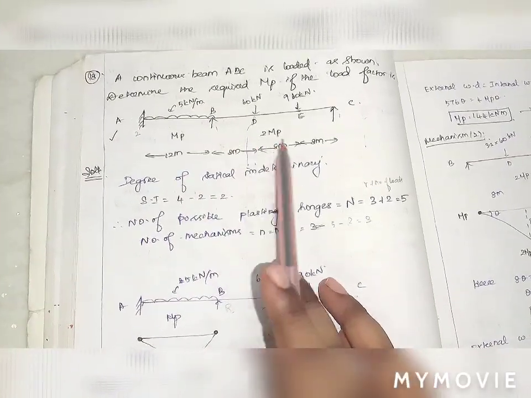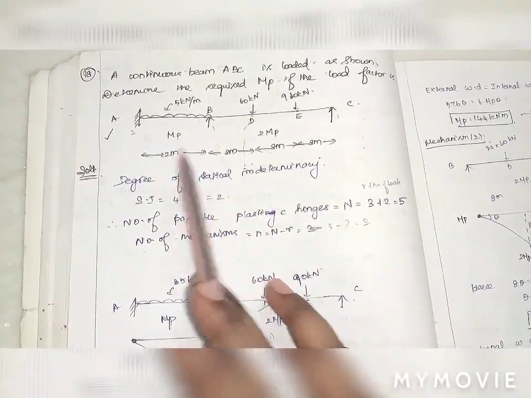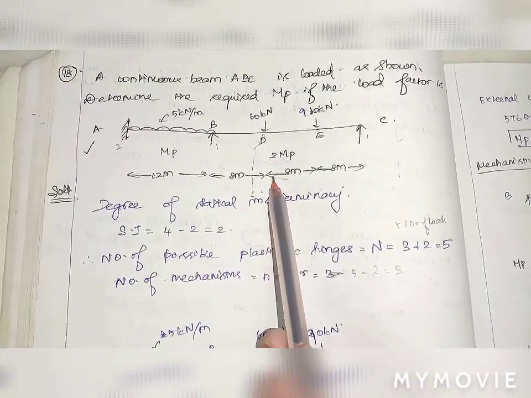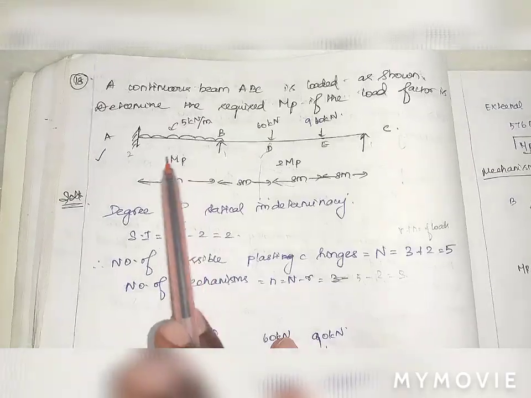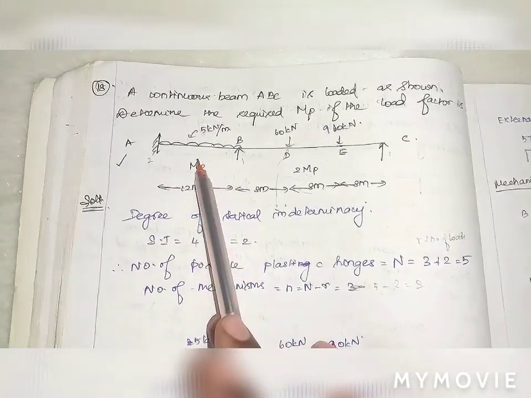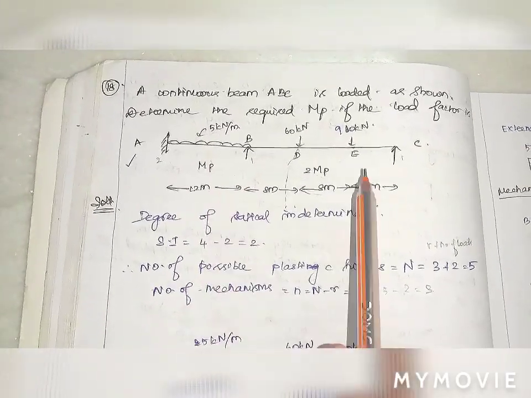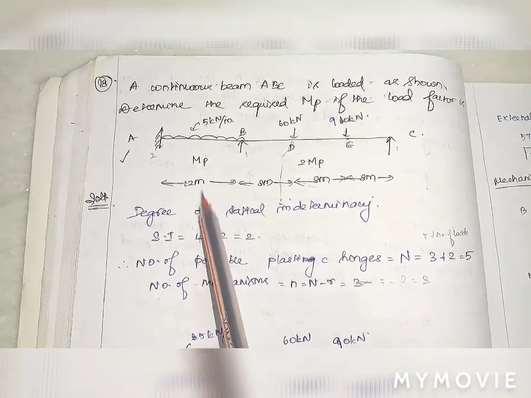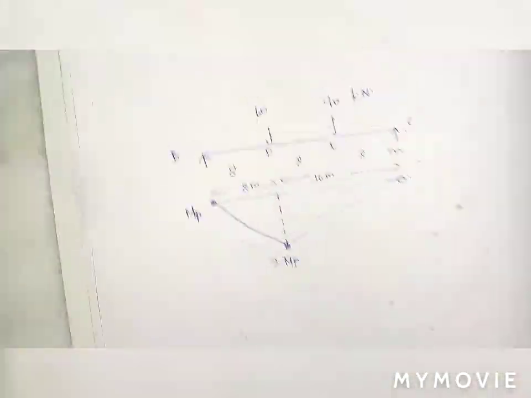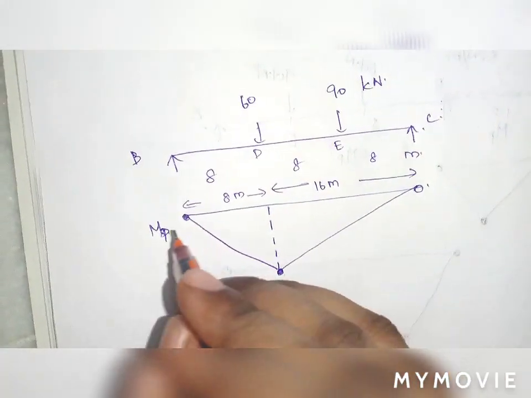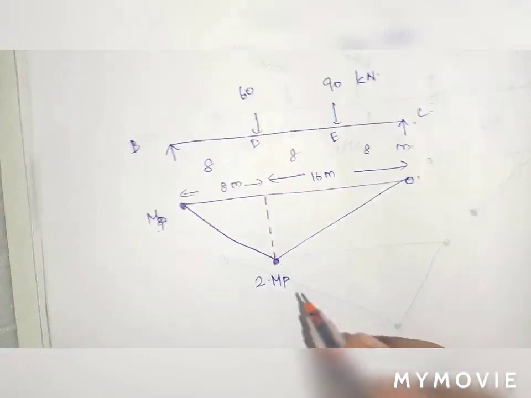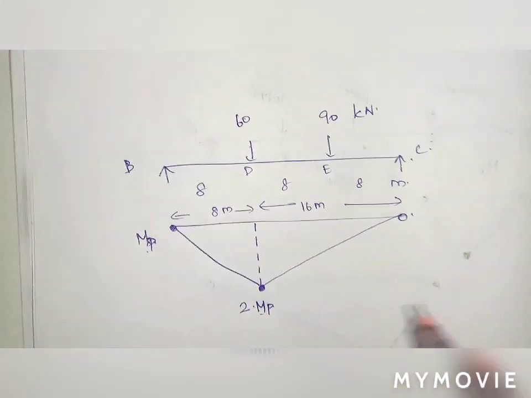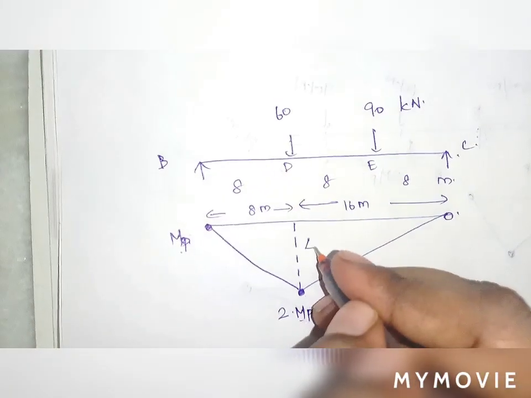MP or 2 MP. So always there is a rule, at a junction where 2 plastic moments coincide, we have to take the least plastic moment, least value of MP only. Okay, if there is 2 MP and here there is 3 MP, you have to take the least value only always. Okay, so hence at the B point I am taking it as MP, that is the least value, and at the D point it will be 2 MP. Okay, so deflection, next we have to calculate the deflection.